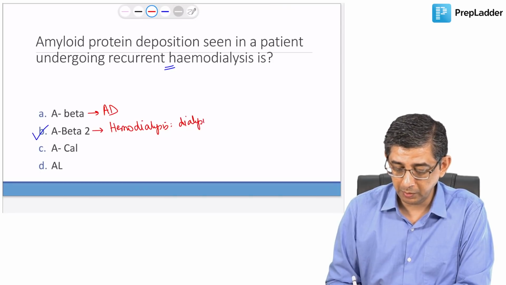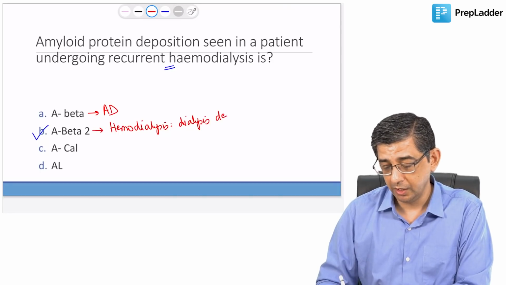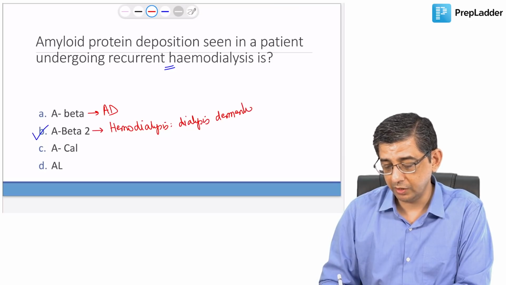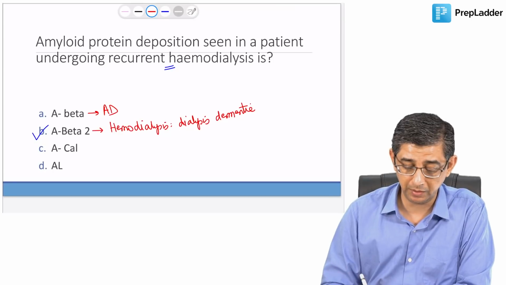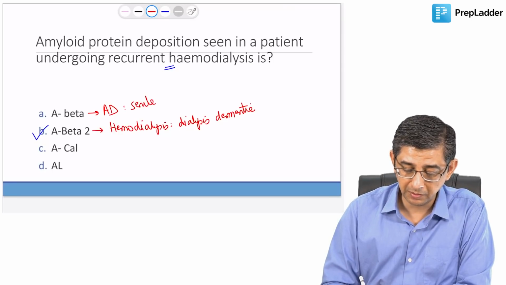The question can also be modulated next time. That's why I'm writing it. If the question says which amyloid protein contributes to dialysis dementia, the answer is going to be A beta 2. But senile dementia, if written in the question, the answer would be given as option number A, that is A